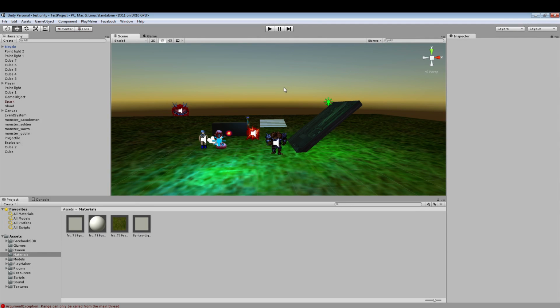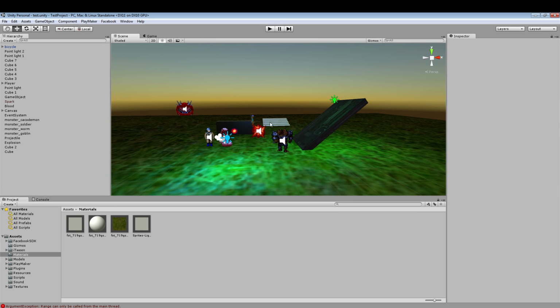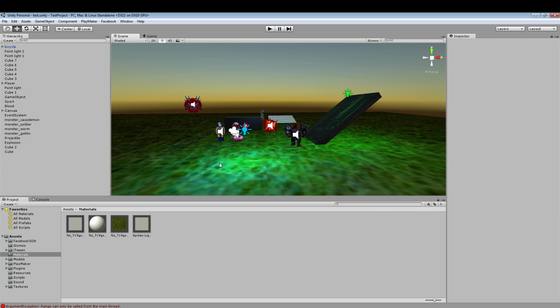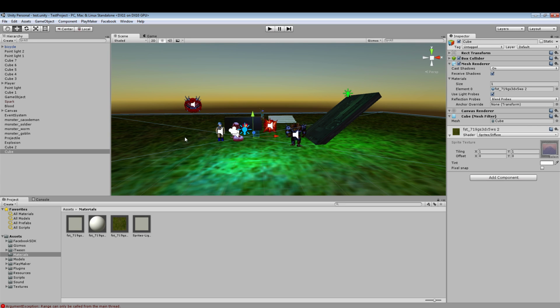Okay, another devlog here. You may notice right off the bat that it looks a little bit different. All I did was add textures here. That's why it looks funny. That's literally all I did. I just added some textures over here